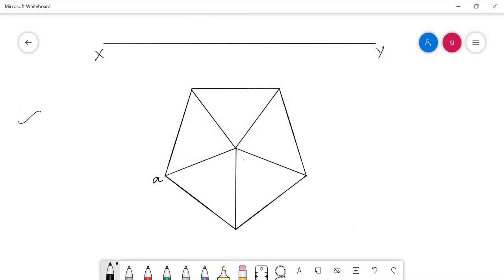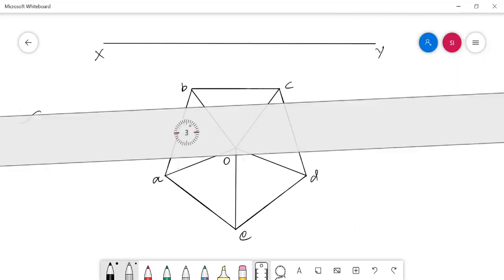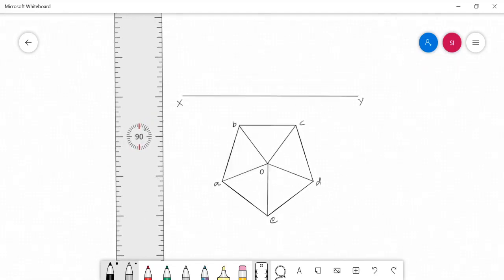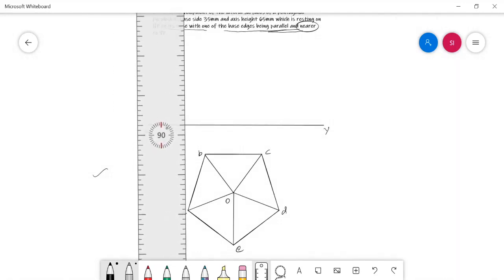And we need to mention the name for each and every base corner and the apex point. And now I am projecting the corners of the solid towards the front view to draw the lateral portion.